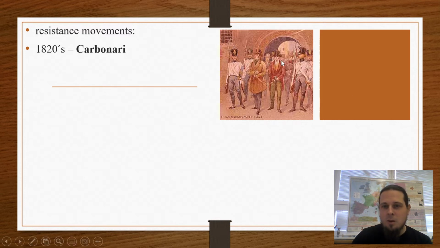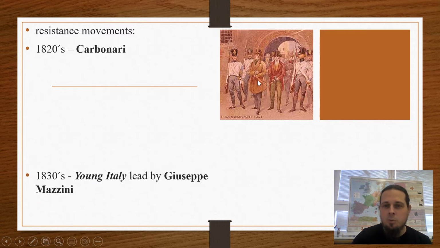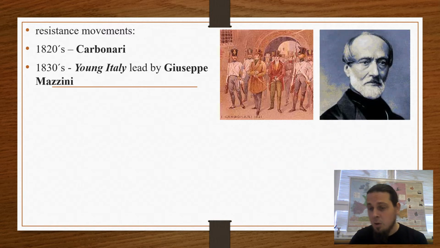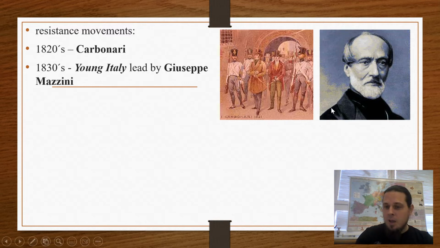So this is actually a real symbolic picture of how the police of perhaps Austria are leading these Italian Carbonari guys from the house in shackles. One of the founders of the nationalistic movement of the Risorgimento was Giuseppe Mazzini. He established an organization called Young Italy that became a model organization for many similar ones all around Europe of those times, and some of them survived until the First World War, and one of these, Young Bosnia,